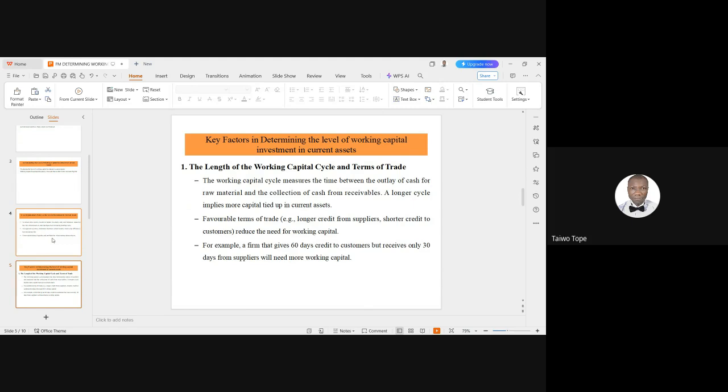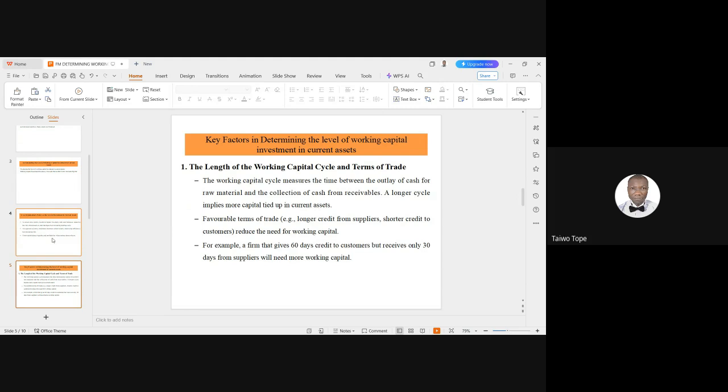Now, we must note that a longer cycle means cash is tied up in inventory and receivables for a longer period, so increasing the need for working capital. So when your cash is tied up in inventory, it means there will be more need for working capital, while a shorter cycle frees up cash faster, hence reducing your financing needs. So when your working capital cycle is very short, it means you will have less problem in requesting cash